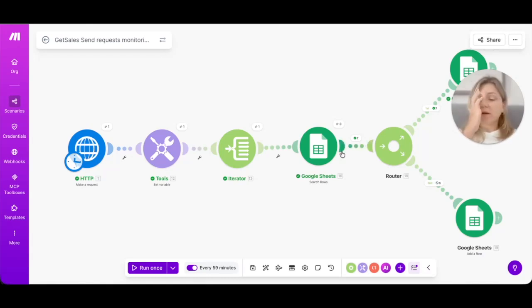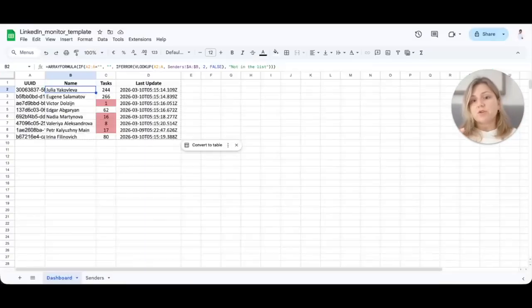So when we cannot find anything associated with this sender profile, the table will not update with the correct timestamp. So you will see that the specific sender profile gets the tasks stuck with the